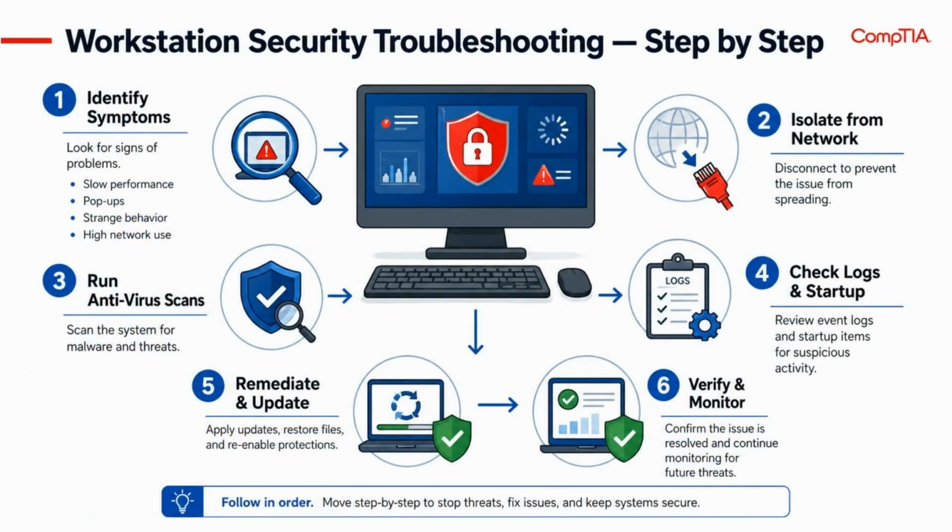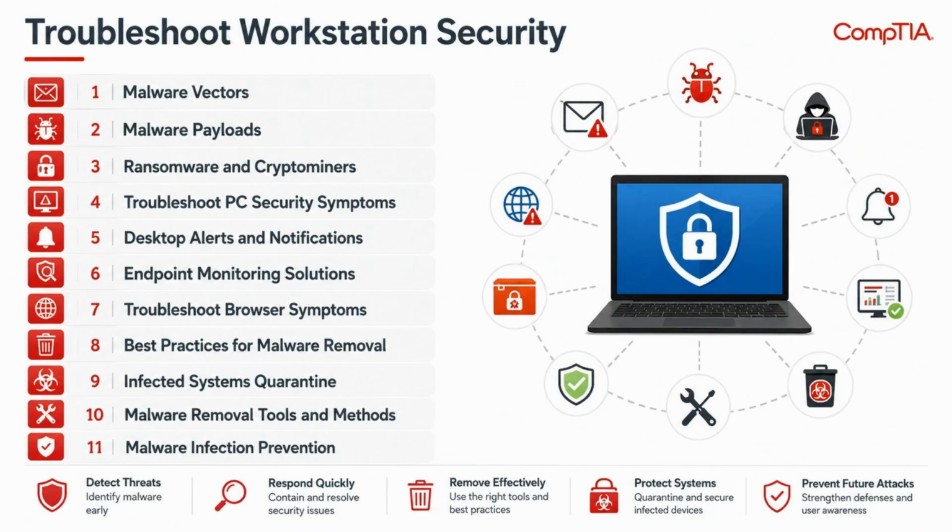Here's Step 3 in that troubleshooting sequence: running antivirus scans. Notice the scan progress and the kind of threat detail it surfaces along the way. Here's what this lesson covers: malware vectors, malware payloads, ransomware and crypto miners, troubleshooting PC security symptoms, desktop alerts and notifications, endpoint monitoring solutions, troubleshooting browser symptoms, best practices for malware removal, quarantining infected systems, malware removal tools and methods,